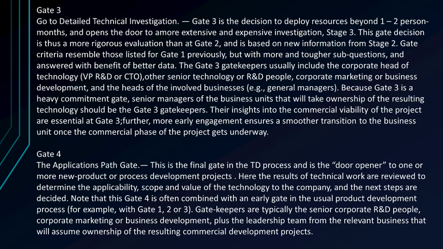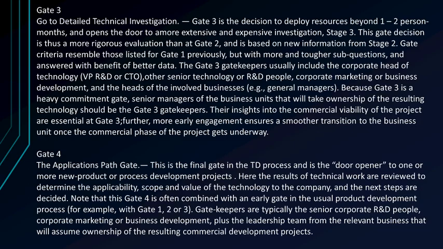Gate 4. The applications path gate. This is the final gate in the TD process and is the door opener to one or more new product or process development projects. Here the results of technical work are reviewed to determine the applicability, scope and value of the technology to the company, and the next steps are decided. Note that this Gate 4 is often combined with an earlier gate in the usual product development process. For example, with Gate 1, 2 or 3, as shown in the figure previous, gatekeepers are technically the senior corporate R&D people, corporate marketing or business development, plus the leadership team from the relevant business that will assume ownership of the resulting commercial